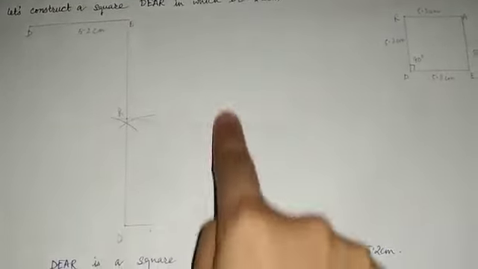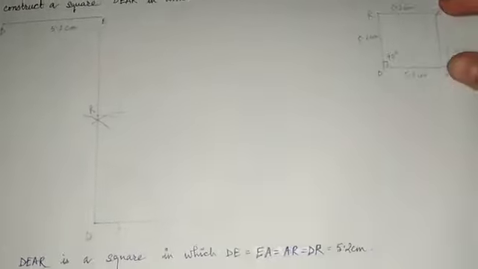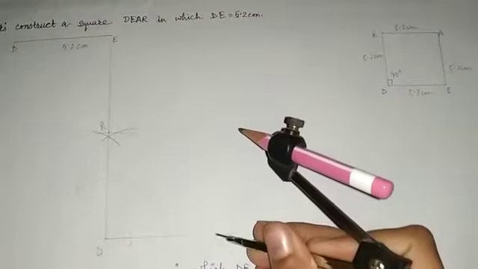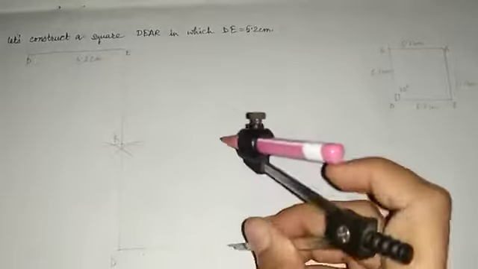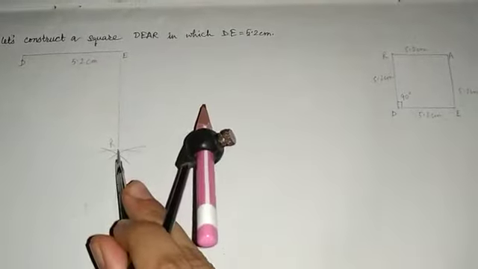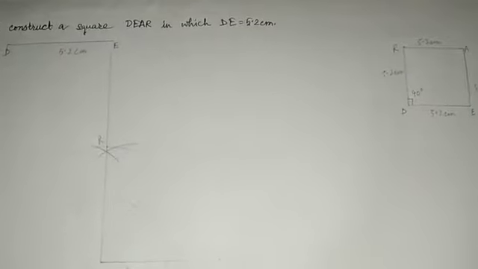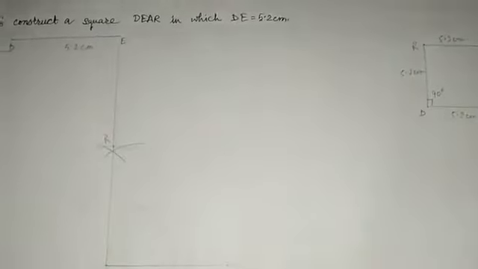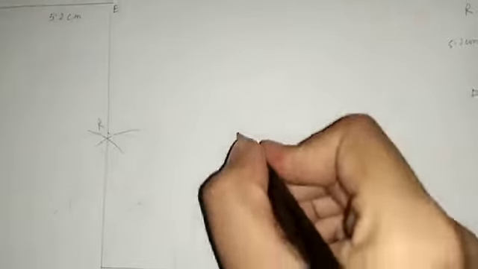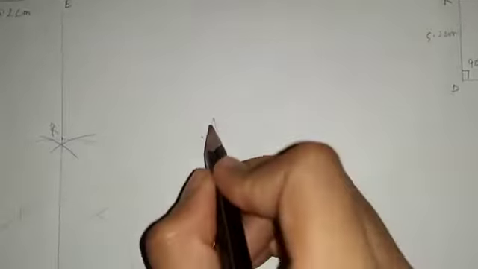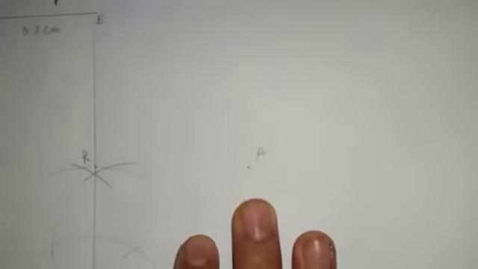We have not got the point A yet. As we know, this length is 5.2 as well as this length is 5.2. So just putting the needle here, you can draw 5.2 here and similarly putting the needle here, you can draw this 5.2 here. So we will take this point as the intersection point. Okay, and you will name this as point A. Okay, my arcs are very